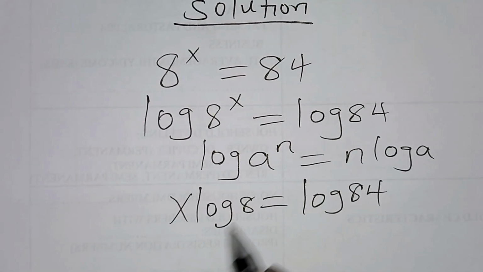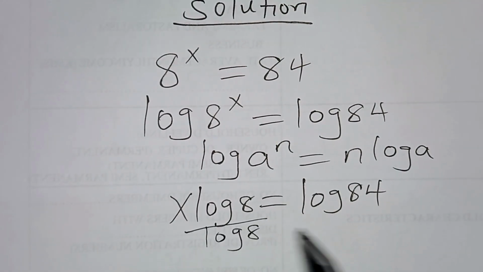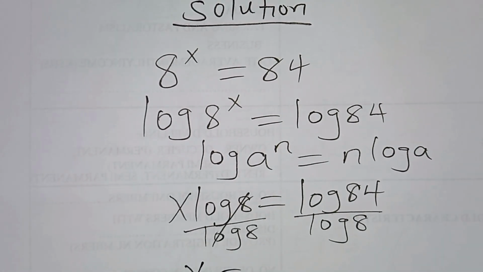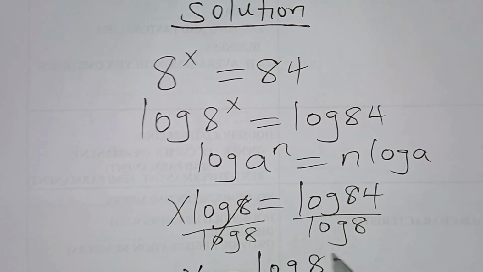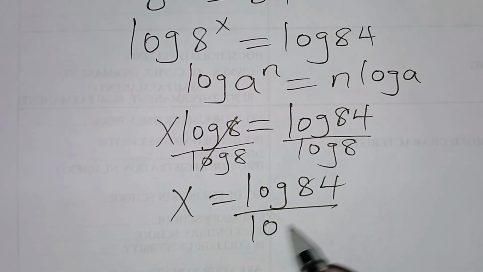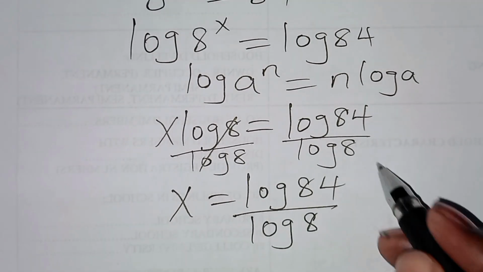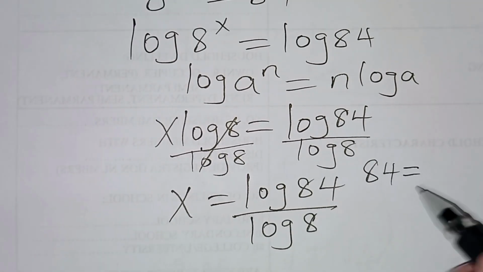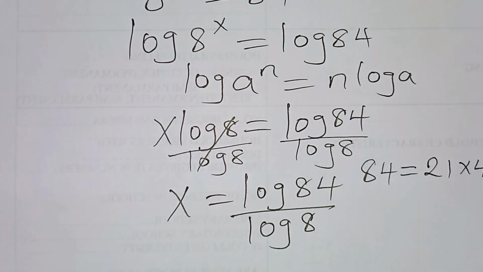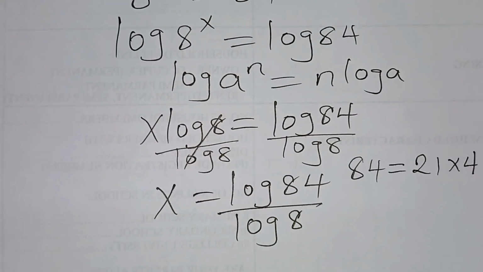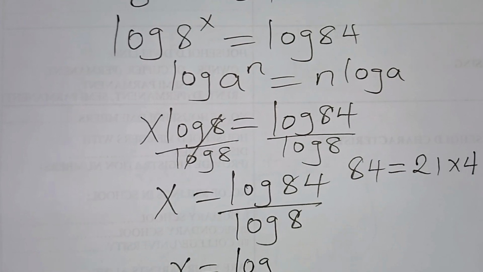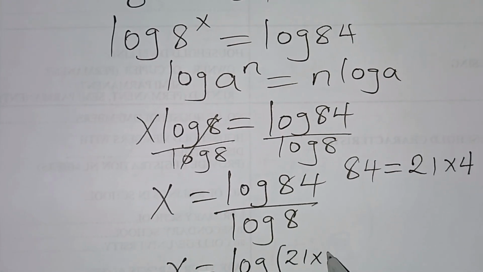Let's divide both sides by log 8, so that now we'll have x is equal to log 84 divided by log 8. Now 84 can be expressed as, this is the same thing as 21 times 4. Let's substitute this. So x is equal to log 21 times 4